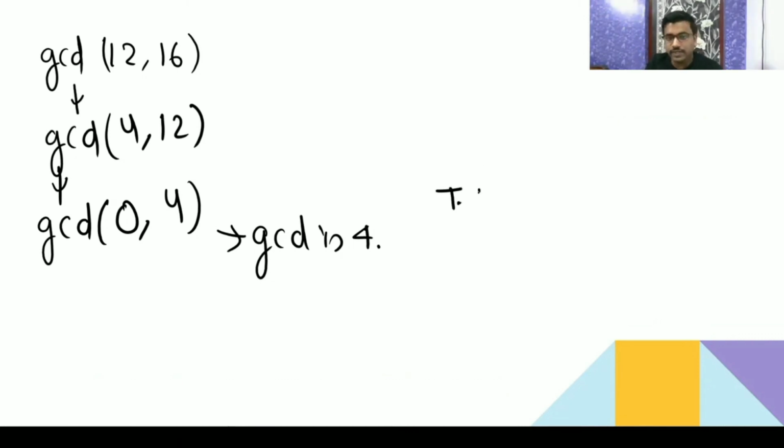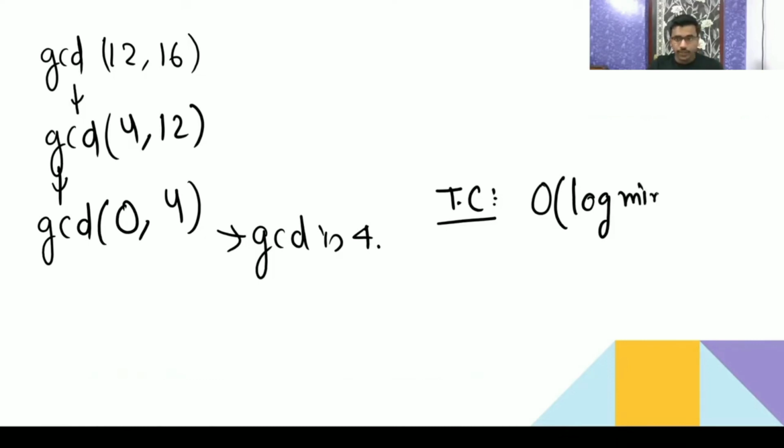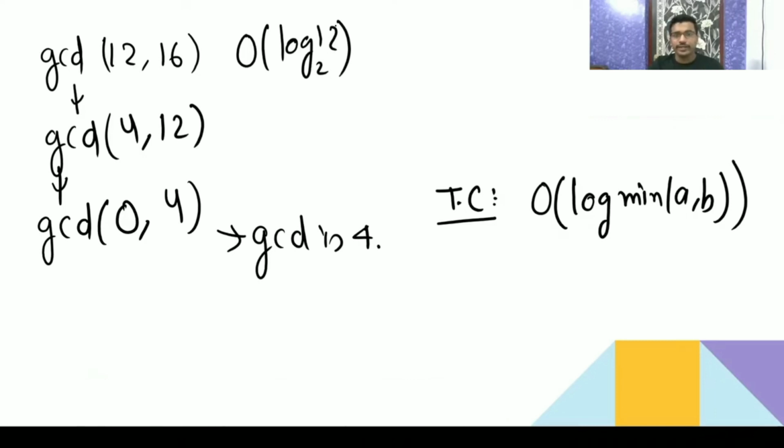So here the time complexity is going to be asked. In the GATE exam, they will only ask you time complexity. So time complexity is going to be big O of log of min of A, B. We can verify here: the minimum is 12, log 12, so we are going to get 3. See, 3 times we did. It's going to be 3 point something, but approximately 3 here.